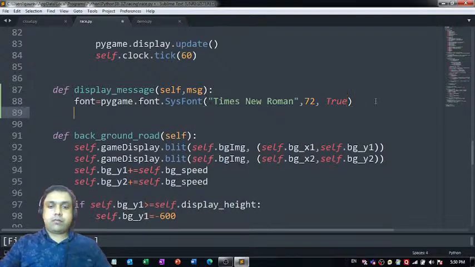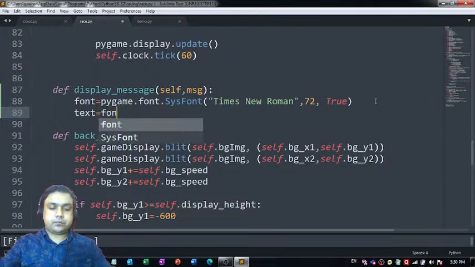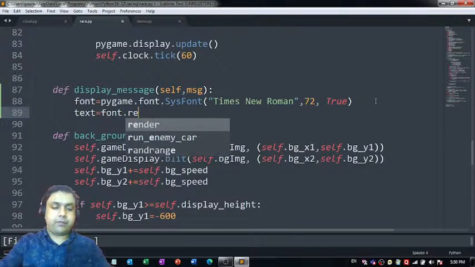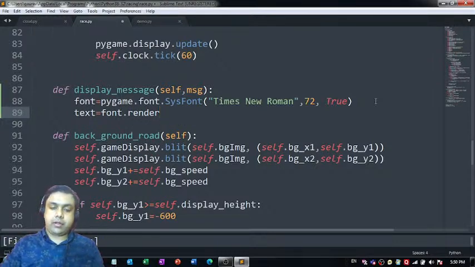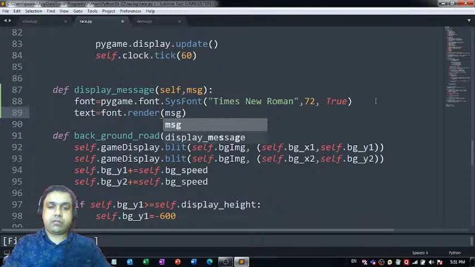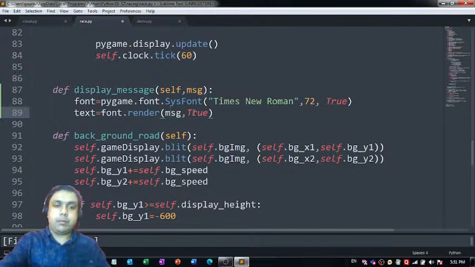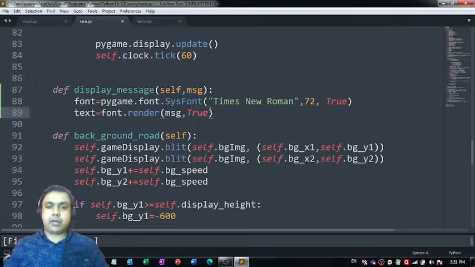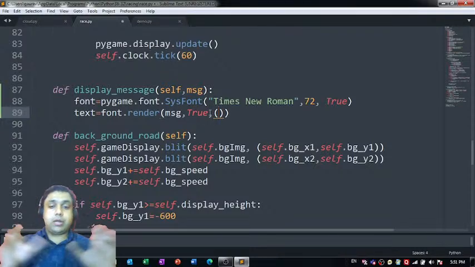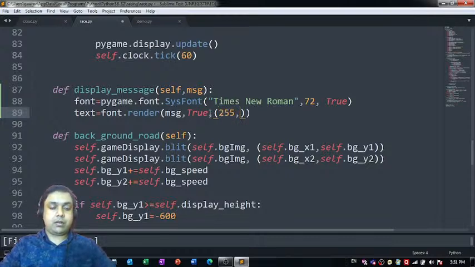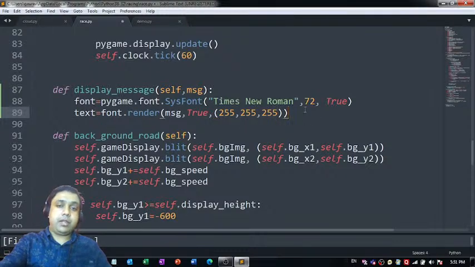Once you're done with this, you can come down and use another variable for storing the message, whatever you want to get displayed on the window. So font.render is the function you can use for fetching the message, because the message is going to come in this variable named msg. That is the reason I've passed it as a parameter, and we have to pass True as a parameter over here. Also, in which color would you like to see the message? I would like to see it in white color. That is the reason for passing these three values for R, G, and B,